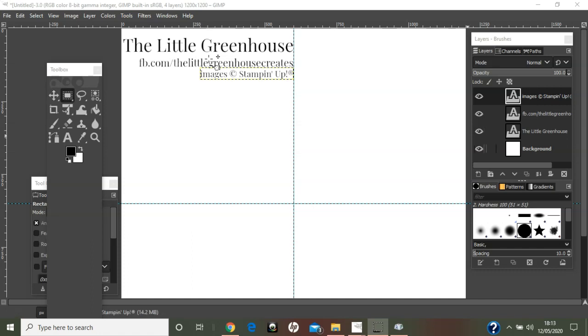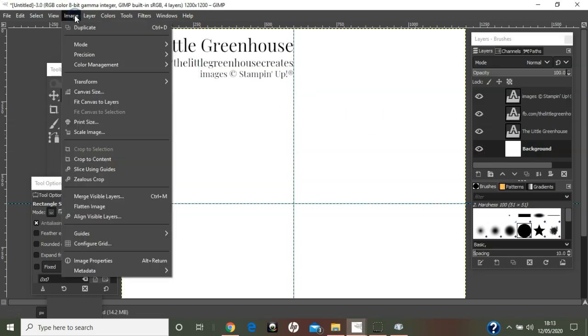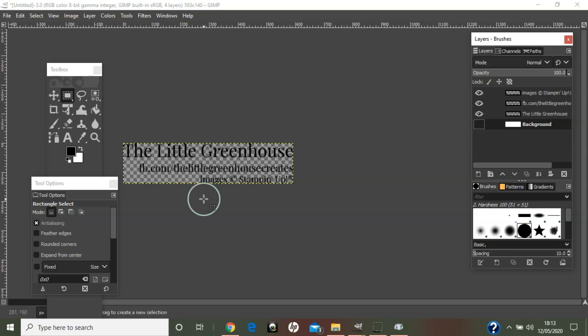So the first thing I'm going to do is come over to this layers panel and click the background. I'm going to go to Image and select Crop to Content, and that's going to crop it really close to my text. Then I can remove that background just by hiding that layer, and this gives me the transparent